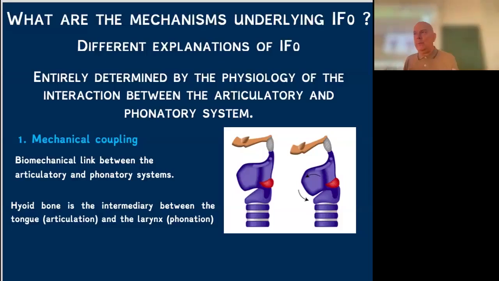So it's not unreasonable to assume that movements of the tongue will have an effect on the height of the hyoid bone, and that will potentially have an effect on the larynx height, the rotation of the cartilages of the larynx with respect to one another, so that vocal folds tend to be stretched or somewhat more relaxed, depending on the articulation. So in high vowels, the tongue moves up,